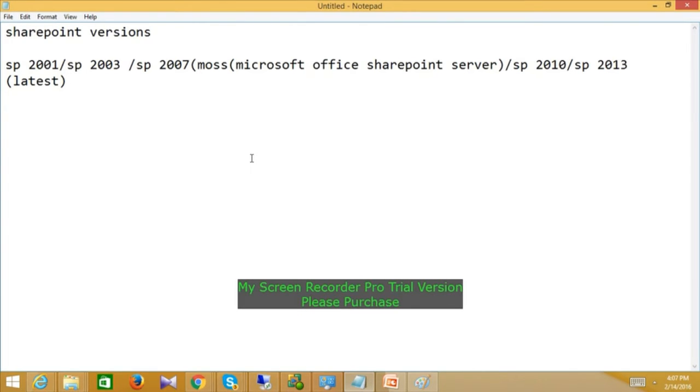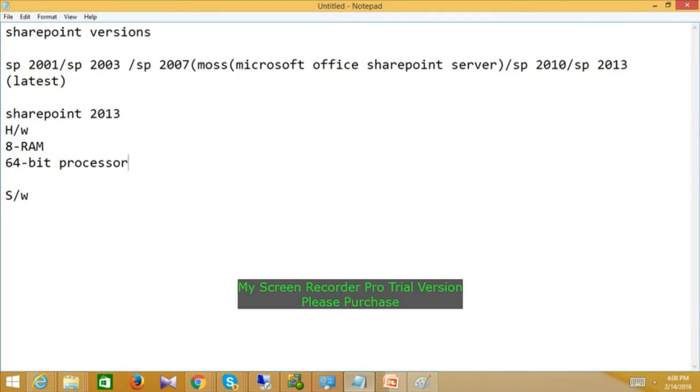What is the latest version of SharePoint in the market? 2013. What are the hardware and software requirements for SharePoint 2013? For hardware, a minimum of 8 GB RAM is required, and a 64-bit processor is required.